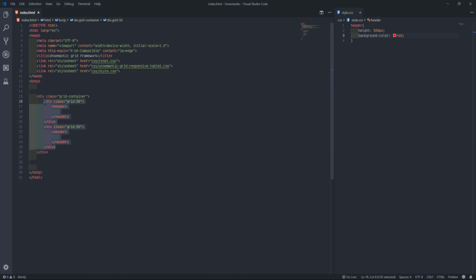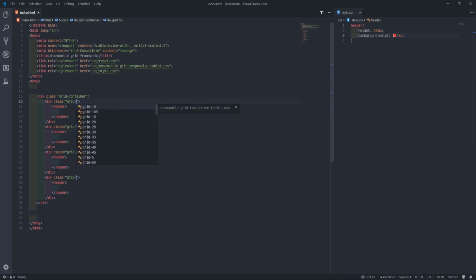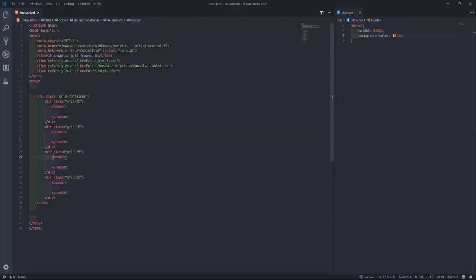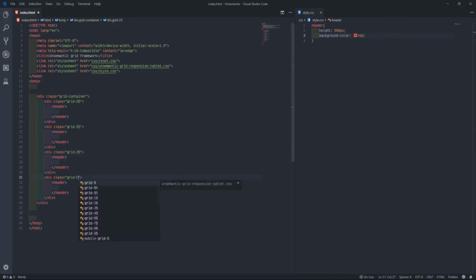Even if I duplicate it again and set them to 25, grid 25, it gives me 4 grids: 1, 2, 3, 4, because 25 plus 25 plus 25 plus 25 is 100. So it gives me 4 grids. If you make a mistake and put, say, 50 here, once you add 50 here, it should not pass 100.